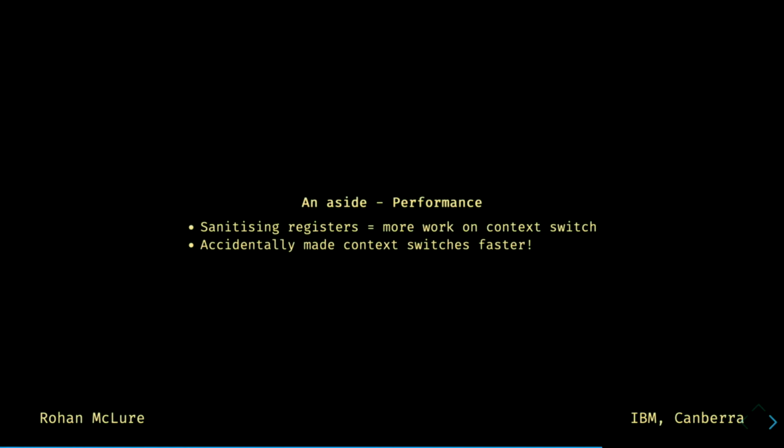And so I've hence been summarily removed from the hardening team, because that goes against our primary goal, just making context switches slower. It turns out that I made them 14% faster. You can ask me in questions how. Even with the mitigation kicked in, context switches are still 5.6% faster, so that's nice.